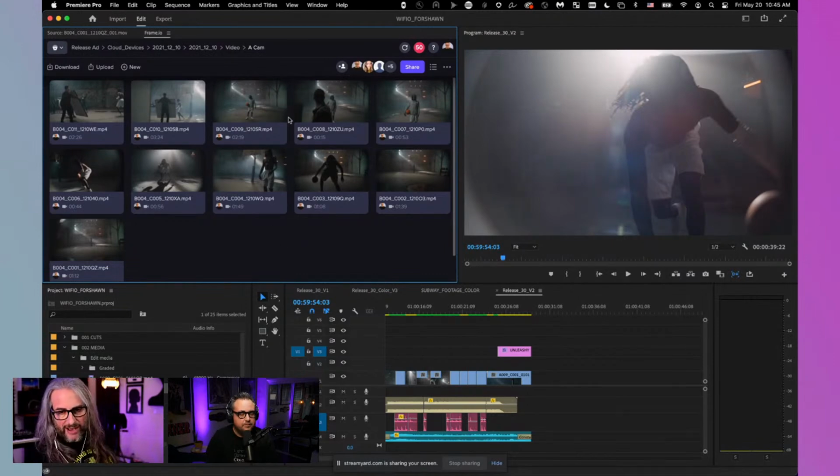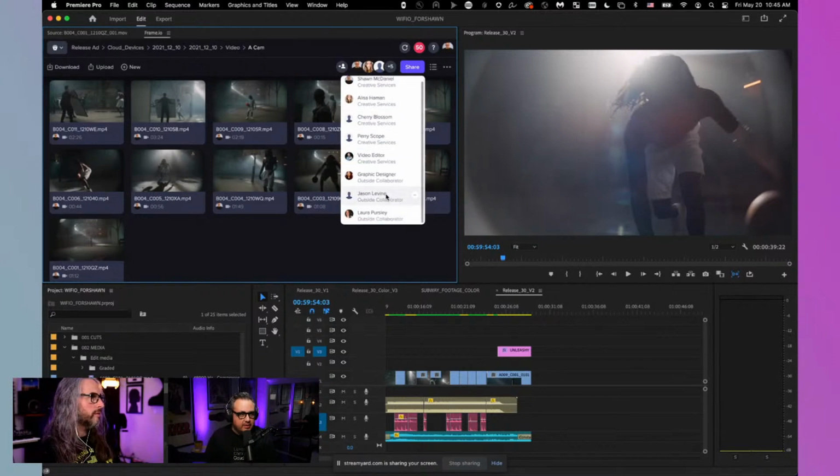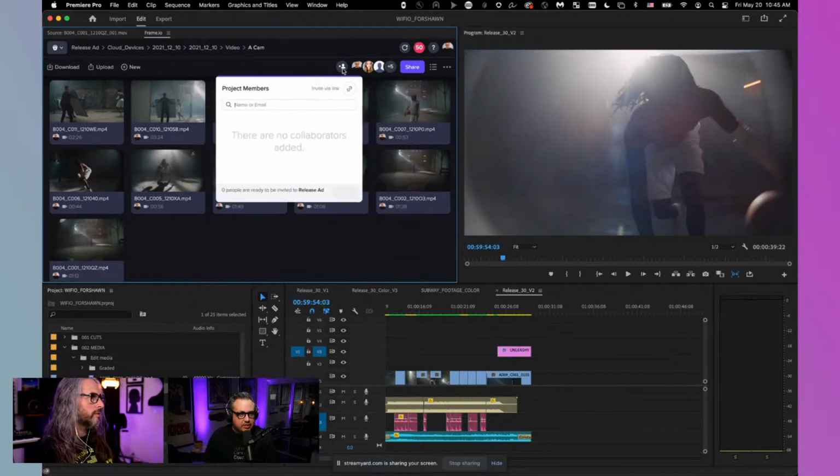Yeah, while I'm doing this, maybe you could just show very quickly how you bring people into a project. Oh, excellent. Okay. So how I invited Jason earlier to this project: I can invite Jason or anybody I want into my project as a collaborator, and I simply need to go up here on the top. I can see my other collaborators here. I can click on their name, and there's this nice drop down list of folks that are already in this project. But I can easily just click on this Add Collaborator button, drop in their email, so just name@email.com. Once it shows it's a valid email, just click on it